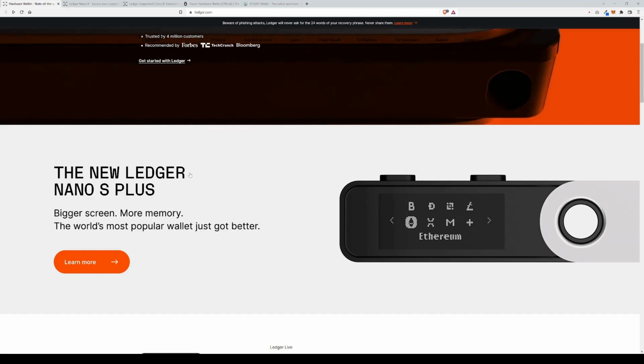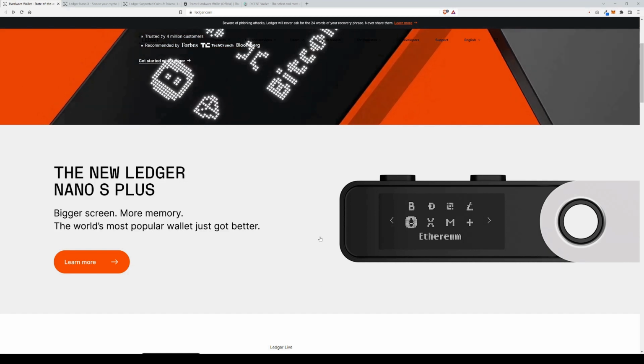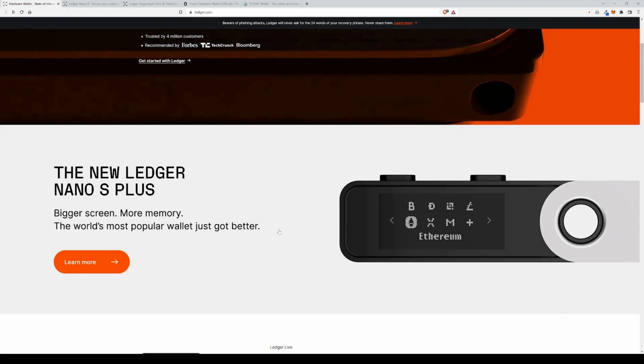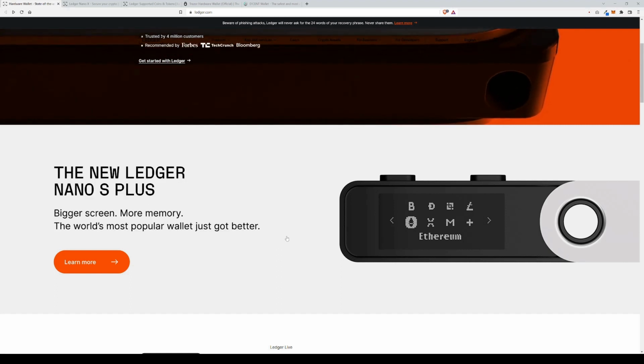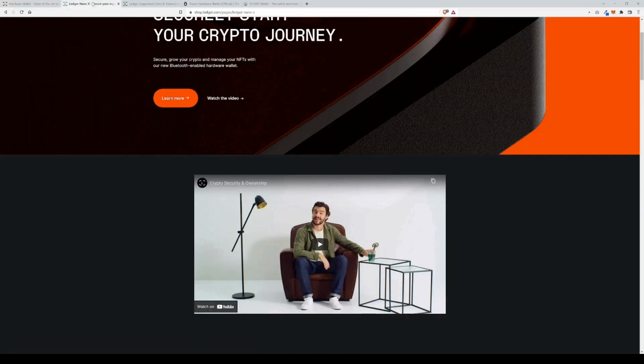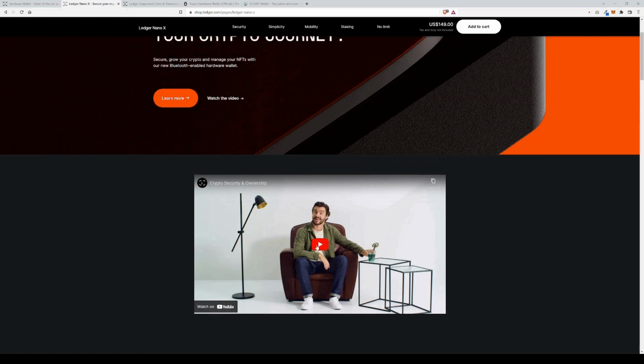Now, the thing to really think about when it comes to these hardware devices, or any of these wallets for that matter, is you're not actually storing your digital assets on the device, because your digital assets are registered on their various blockchains. What is being stored on these devices are your private and public keys, and primarily the private keys, so that you can prove ownership of your digital assets. So Ledger here has a promo video to explain their product, so why don't we give that a listen.